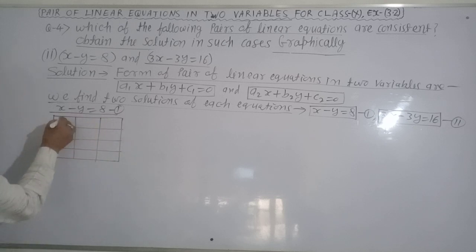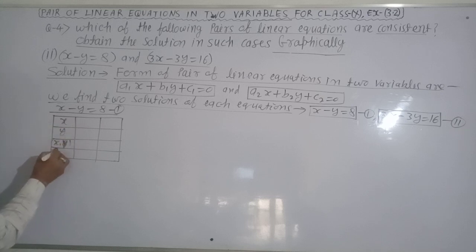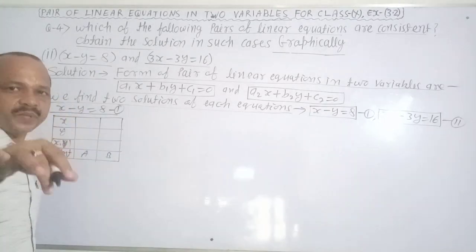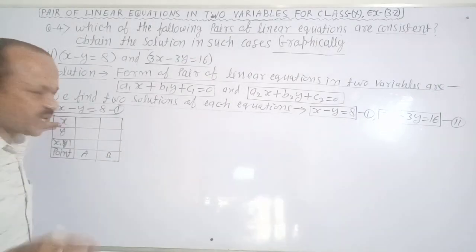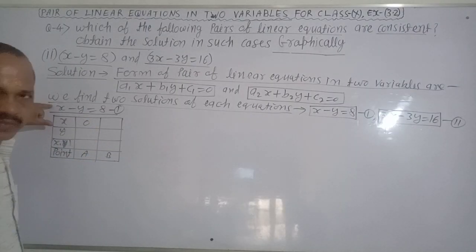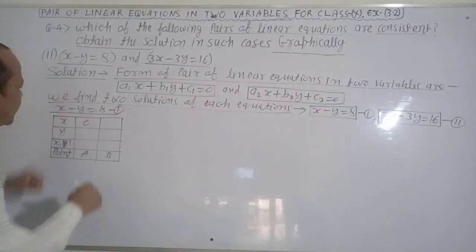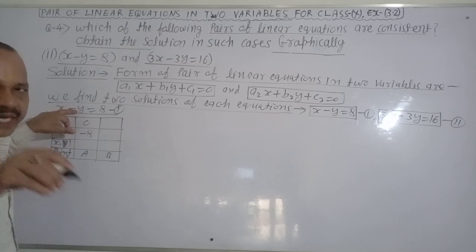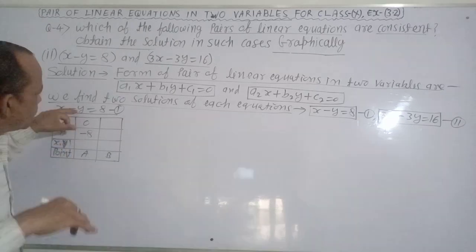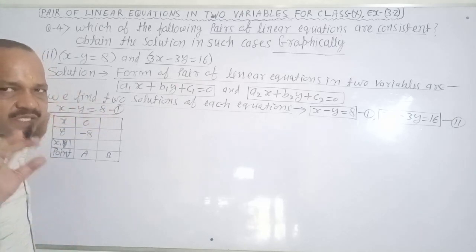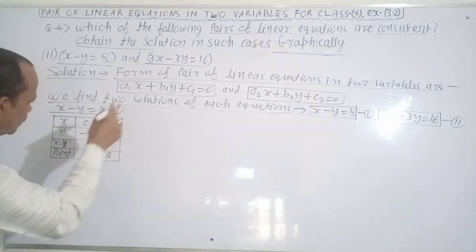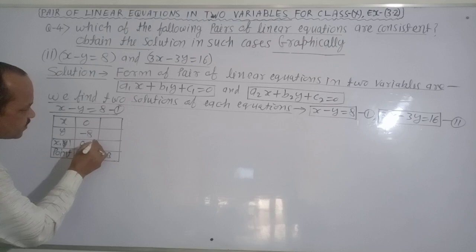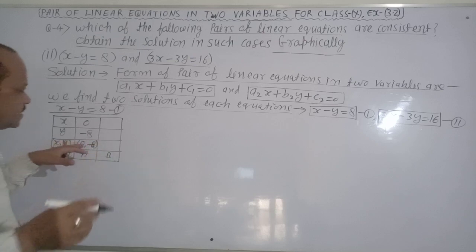Here x, y, points A and B. You put the value of x as 0, then it becomes 0. Now you put the value of y as minus 8, it becomes plus 8. Minus 8 becomes plus 8. Plus 8 equal to plus 8. It means it is correct. Both sides are same. Your coordinate is 0 and minus 8.